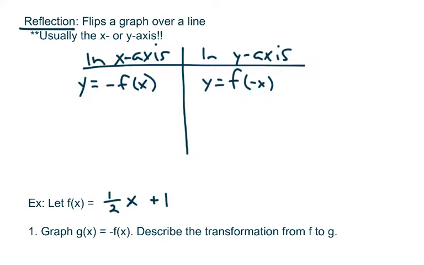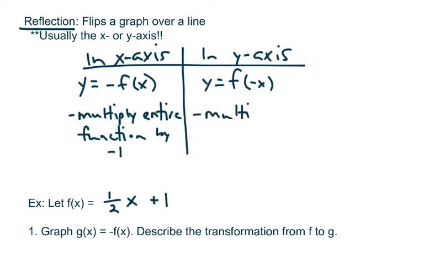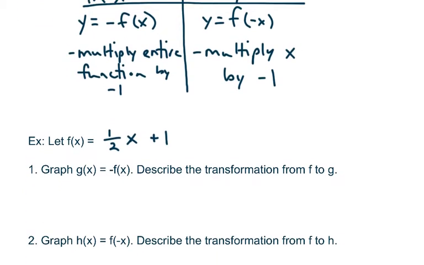So for the x-axis, we're going to multiply the entire function by -1. For the y-axis reflection, we're multiplying x by -1. Okay, and what we're going to see here, hopefully, and I'll come back to it, is which one's the horizontal reflection, which one is the vertical reflection. So let's try